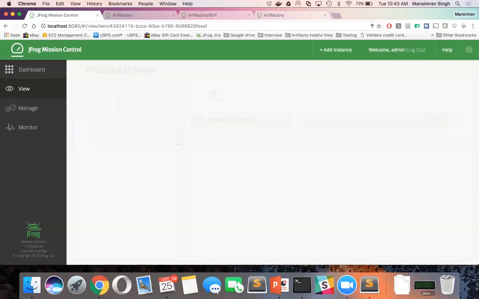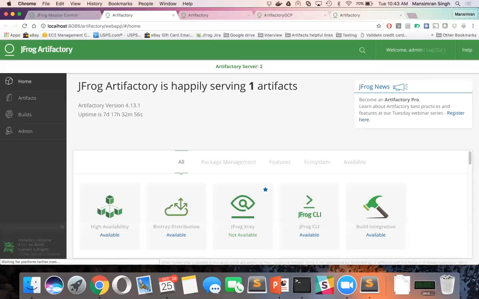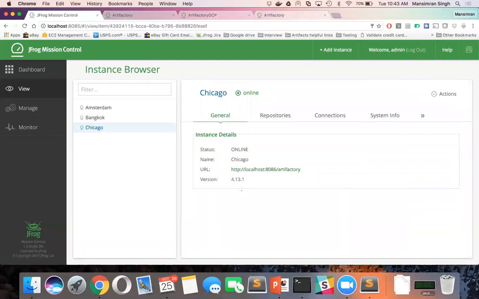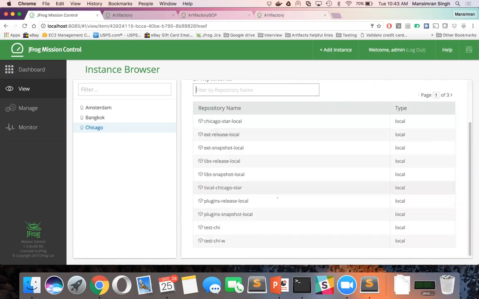Now, the second thing, assuming that we had put in the information regarding a new Artifactory instance, we just need to click on it. And as soon as you click on it, it's going to tell you its status, its name, a URL in order to go to that particular Artifactory instance, which also becomes very easy to visit, and accordingly the version as well. Now you can also click on the repository section to see what all repositories are there in that